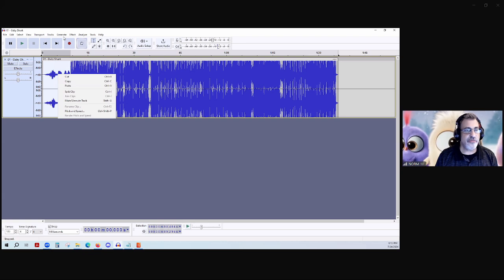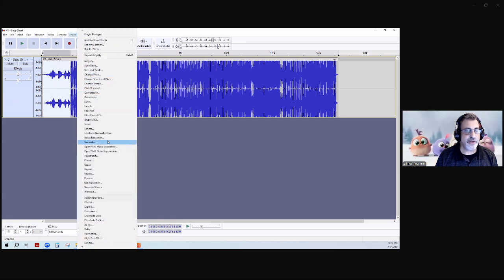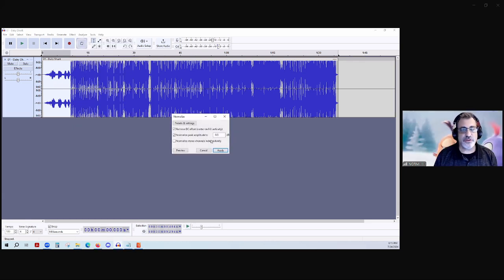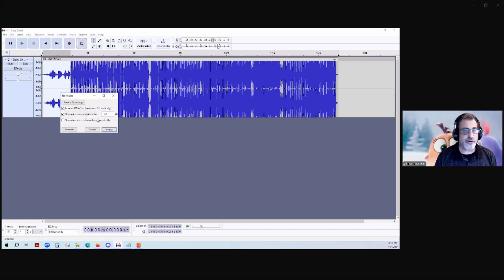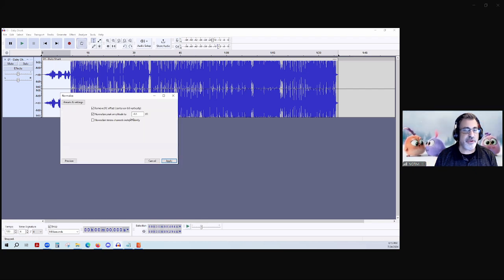I'm going to go into my effects rack, and I'm going to say, let's normalize the data. So now it gives me an opportunity here, if you can see that, to decide what my peak amplitude is on this. So -5 is good. I usually use -0.3, which gets it right below that 0 mark, but you can adjust it. If you're doing stereo audio, like in music, you can normalize the stereo channels independently. You're never going to have to use that; there's really not any use case for that for our purposes.